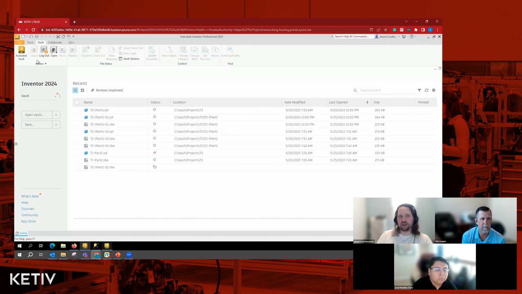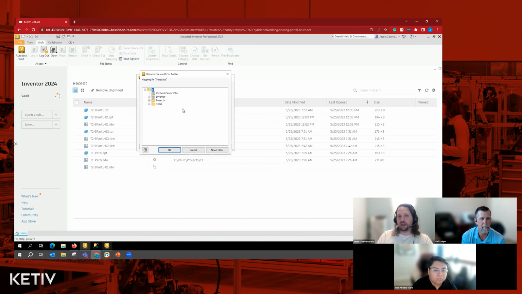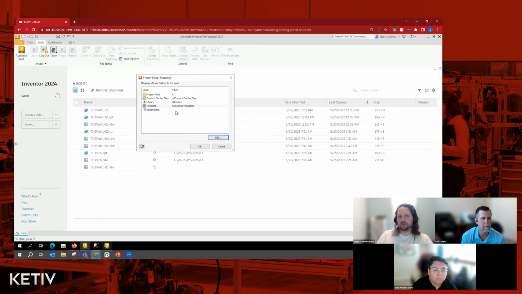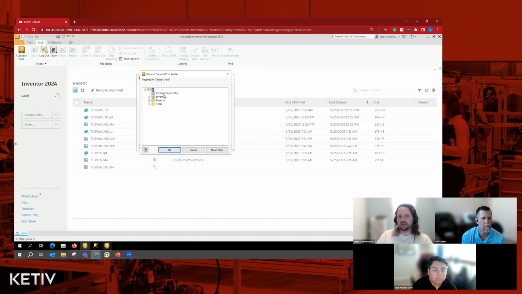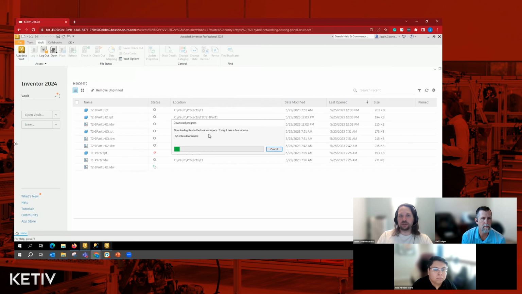And now when I come over here, I should be able to edit the file, edit the mapping. And now I can map the templates to the template folder. I can map the design data to the design data subfolder. Click OK, and that's the check to make sure that